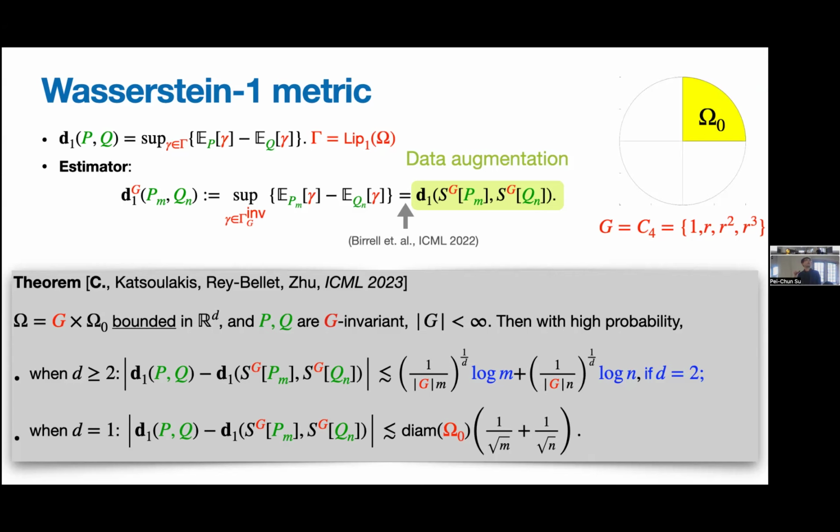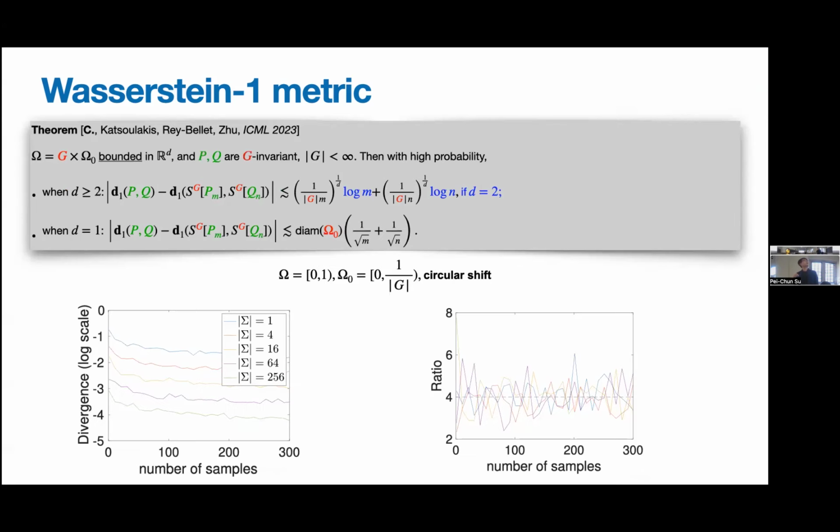So you can view it as, without any group actions it is basically M and N, but now you have incorporated group symmetry, so you have effectively additional samples: group size times M and group size times N. So this tells us data augmentation has an equivalent effect as if we have IID augmented samples, even though they are not IID, right? But the convergence bound provides the IID form of the convergence in terms of the number of samples. Okay, so just one simple numerical verification.